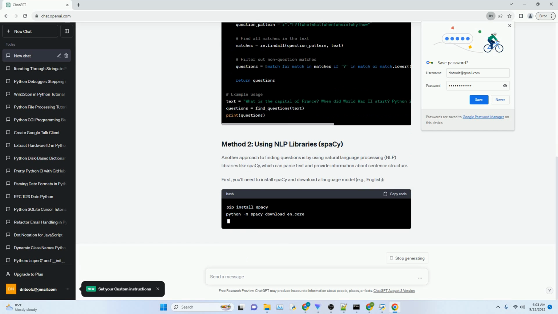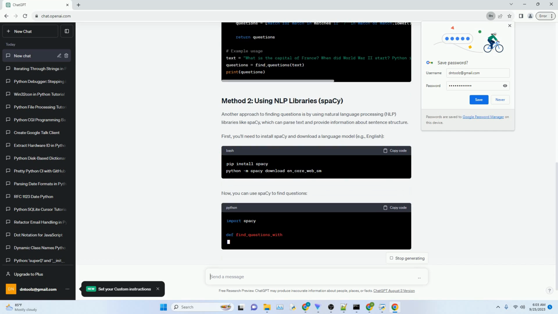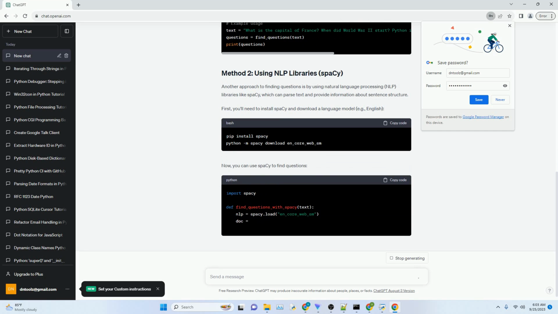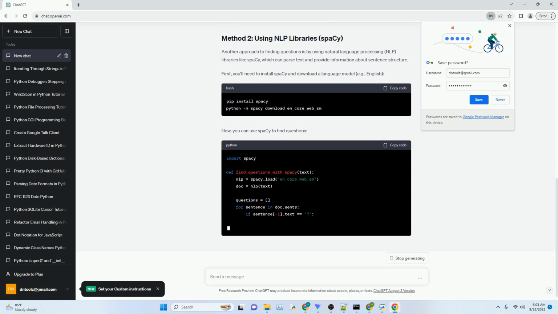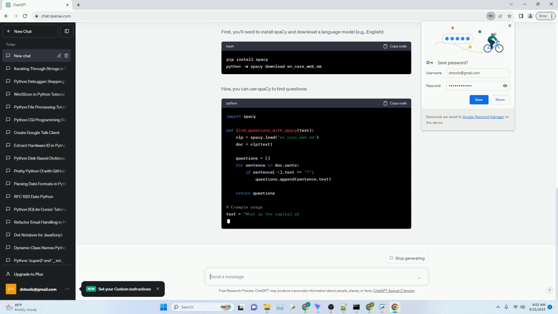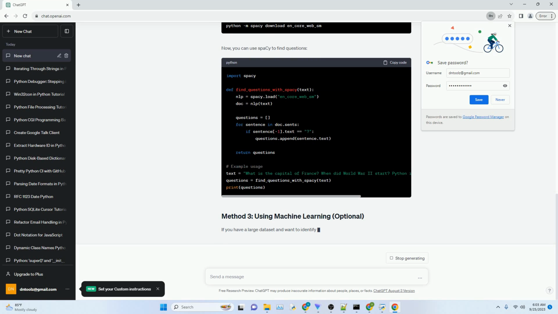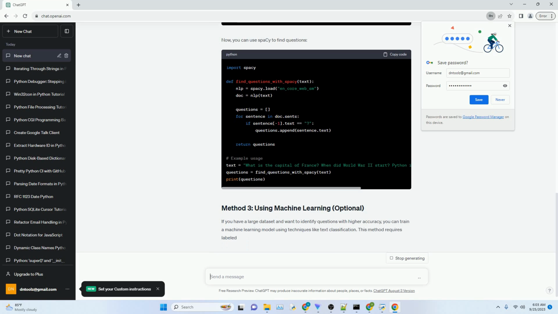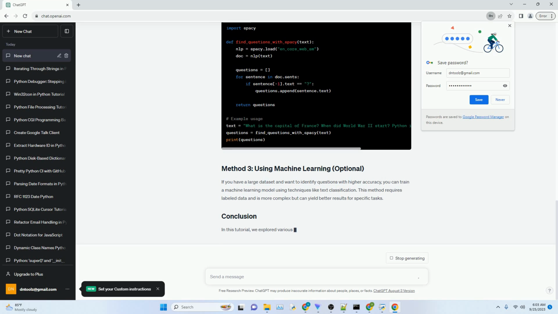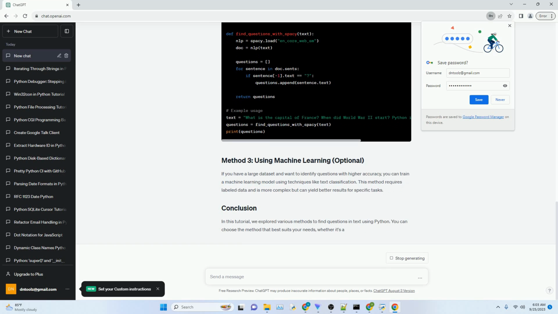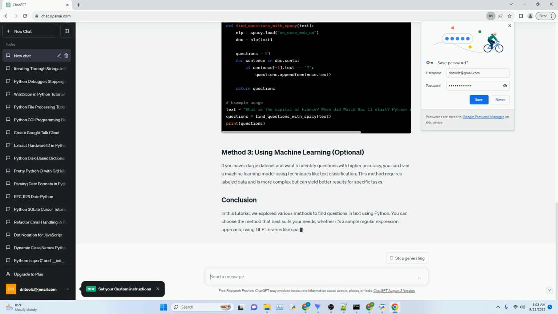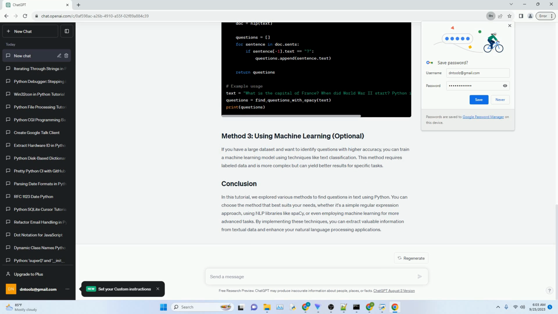Regular expressions, regex, are a powerful tool for pattern matching in text. You can use regex to identify questions by looking for sentence-ending question marks, or question words like who, what, when, where, why, and how. Another approach to finding questions is by using natural language processing, NLP, libraries like spacy, which